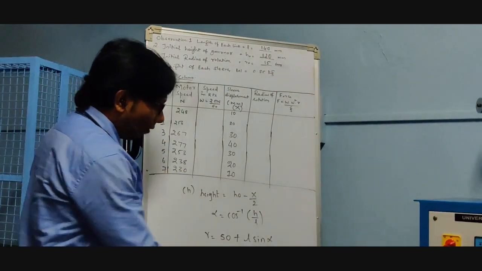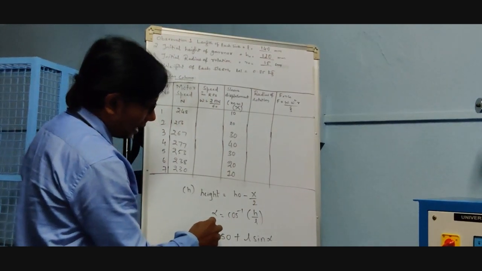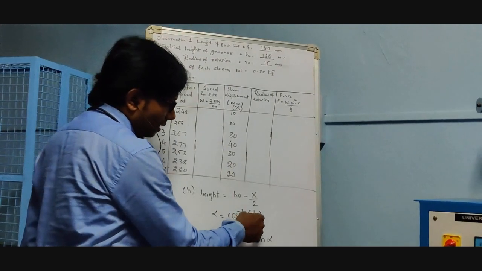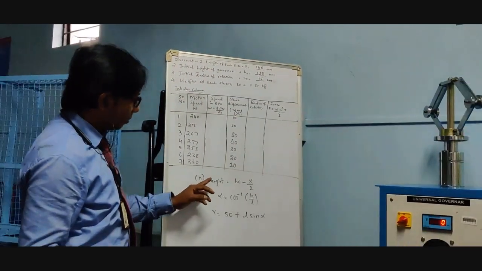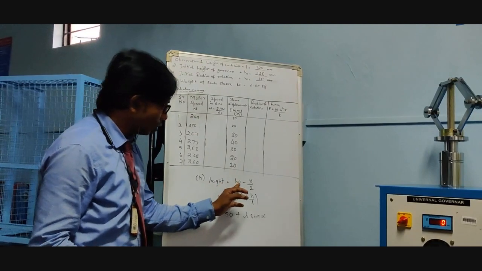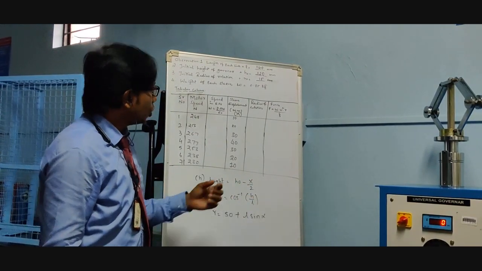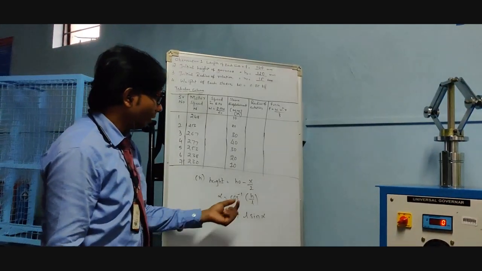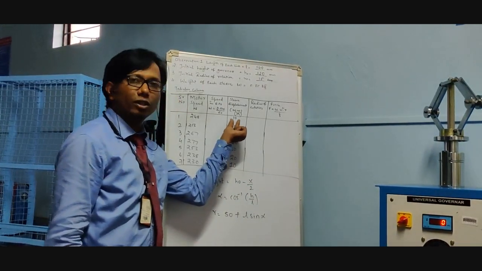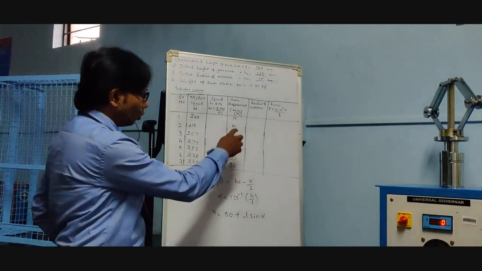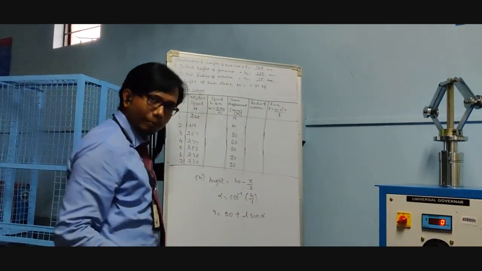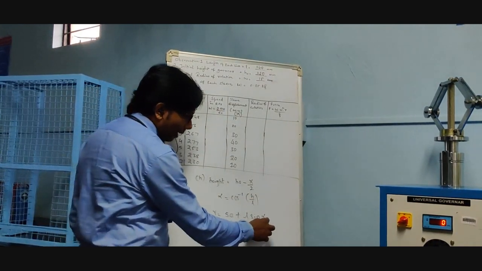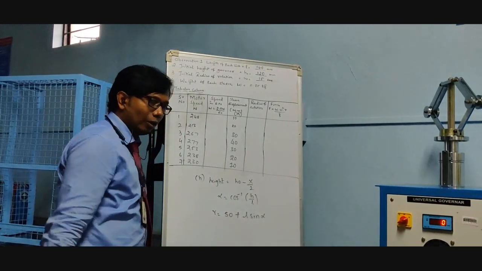Alpha, how we calculate it, you will see in the derivation part. Alpha is cos inverse H by L. H in this particular case is H naught minus x by 2. H naught is the initial height of the governor, which is 120 mm, as given. X is the sleeve displacement which you have taken. When you do this, you will get the value of H. When you substitute H and L, you will get the value of alpha. When you substitute the value of alpha and L, you will get the value of the radius, and it is in mm.